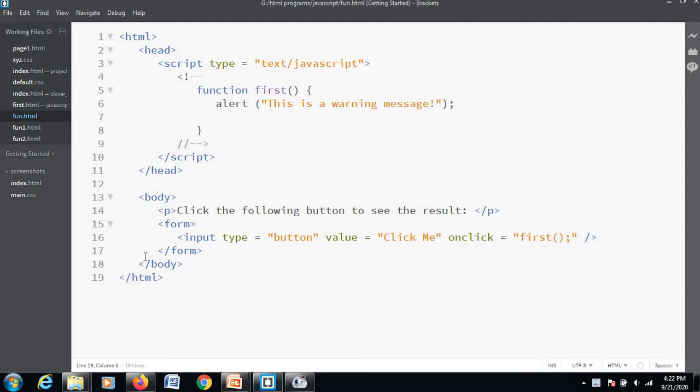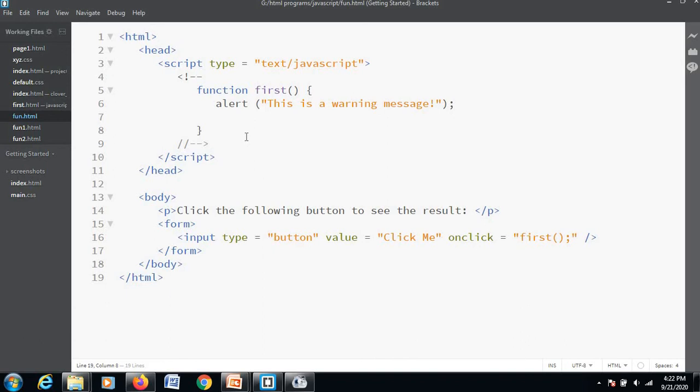First of all, JavaScript supports three types of dialog boxes. Dialog boxes means it will display some message, that's why it is called dialog boxes. These dialog boxes can be used to raise an alert, to get confirmation on any input, or to get a kind of input from the users. So first of all, here is the example of alert